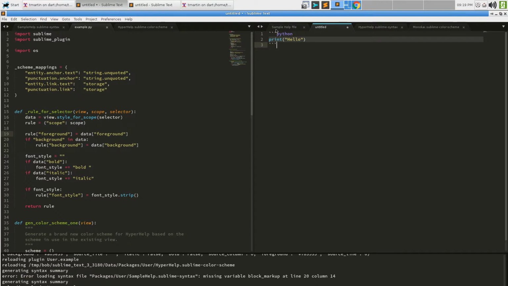Why is that? Because this one's using our color scheme. This view is not, it's using Monokai. And this is the problem that I didn't realize I was going to have until I thought about it while I was walking around. Because I can add rules that make these backticks display in a certain color. And in fact, I have that in HyperHelp.